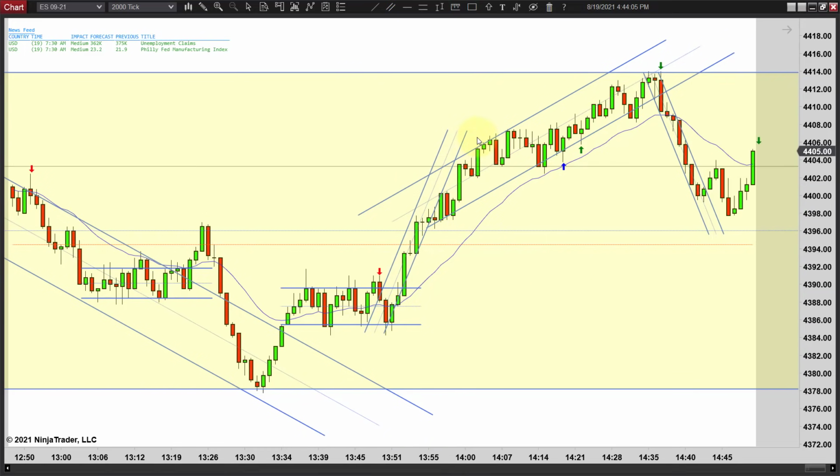And there we go. We're rocketing up again. And you do get a first entry and then a second entry long here. This may make a new high, but it's still being off that trend line. You could trade it as a high or low as well. It still kind of looks like two legs, but you could trade it as a high or low. And then you get a failure here, again off the key entry point. You got to go long right at the high, but you're expecting prices to come back to at least